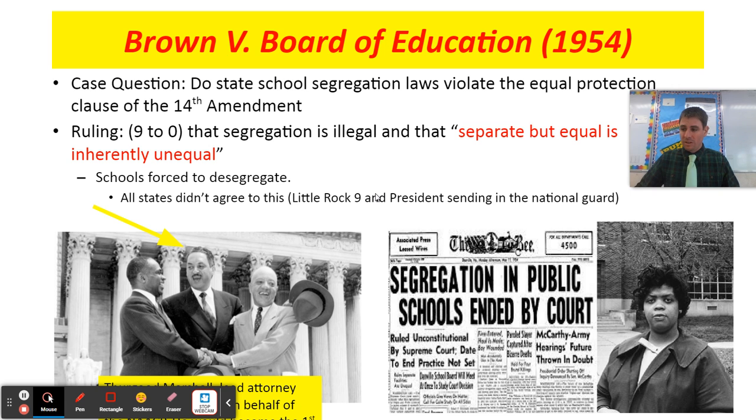The federal government issued a mandate: Brown versus Board of Education is the law of the land. Schools have to desegregate. Arkansas chose not to. Well, the executive branch, with its National Guard, forced those kids to go to school and blocked anybody from preventing them. Significantly, one of the Little Rock Nine members later would transfer to Montgomery High School, where I'm from. So that's kind of neat.